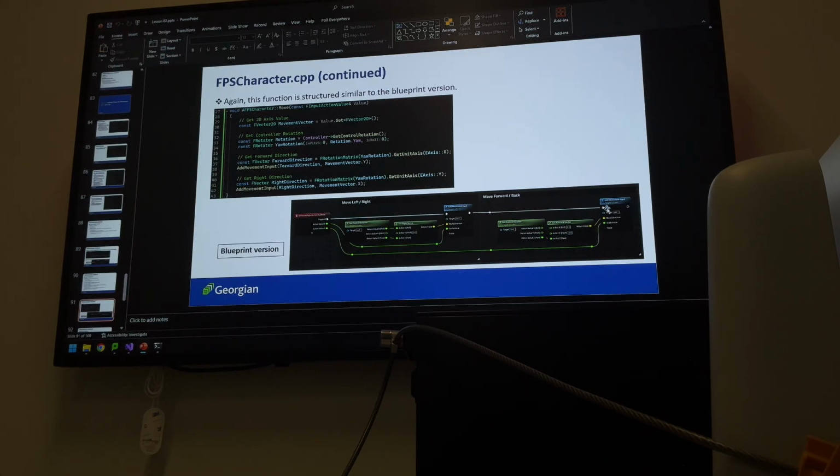What I want you to take away from this is that the nodes that you see in the Unreal Editor exist in some form in C++, yes. So, can you bear with me and then I'll